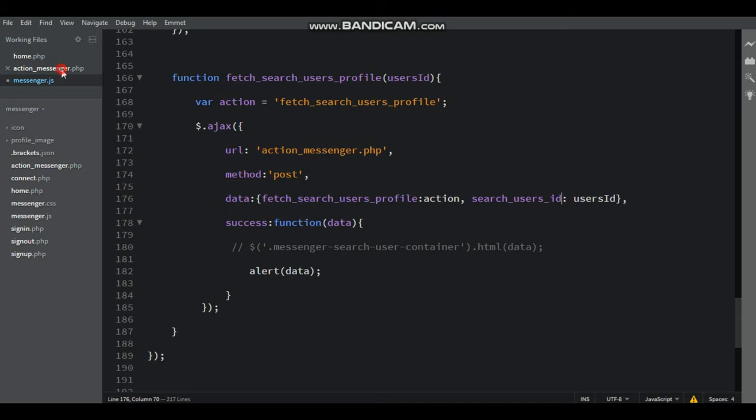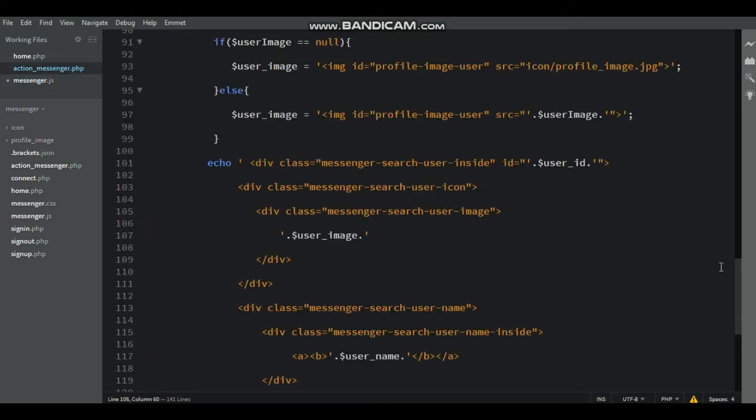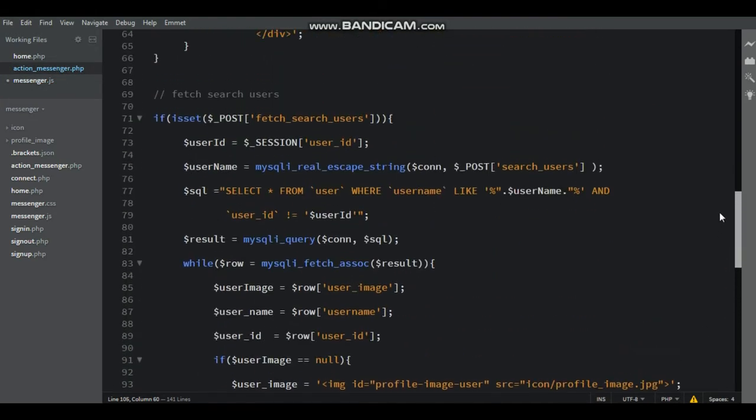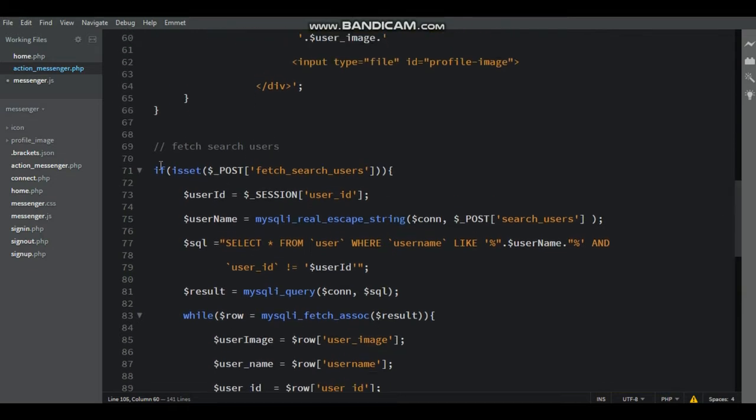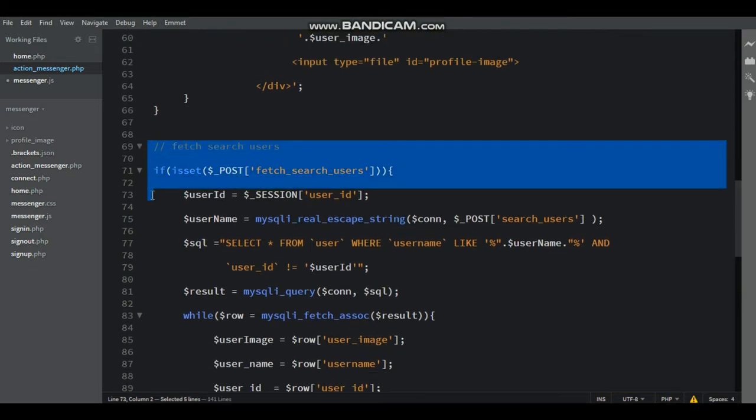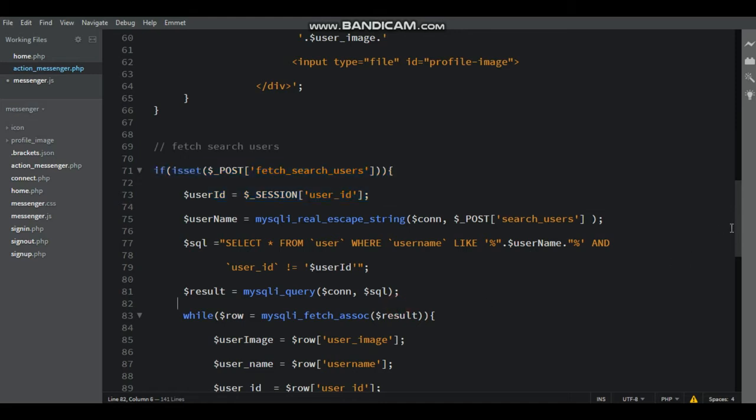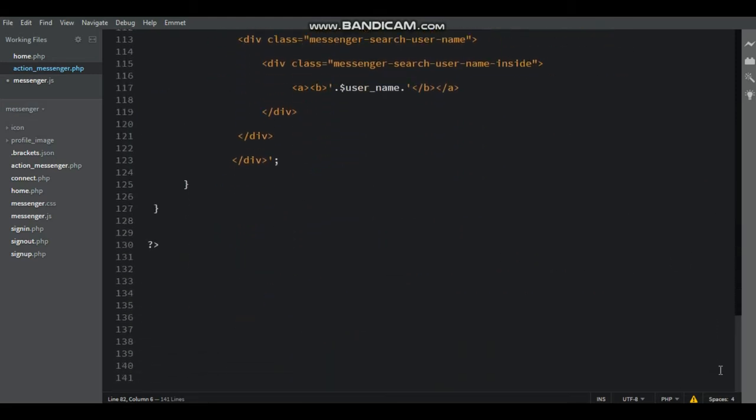Now go to the action messenger.php file. Here just copy the if isset, it is the post method up to user ID, and then close with a curly bracket.